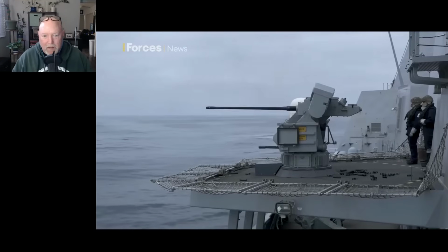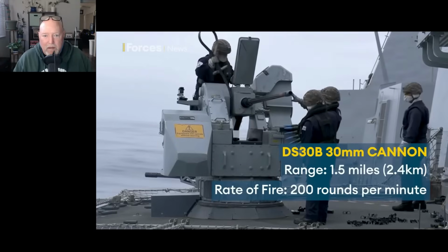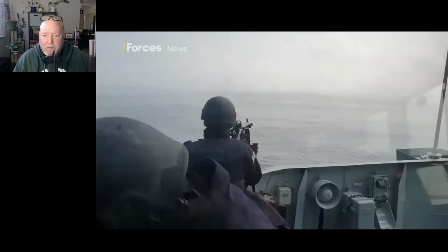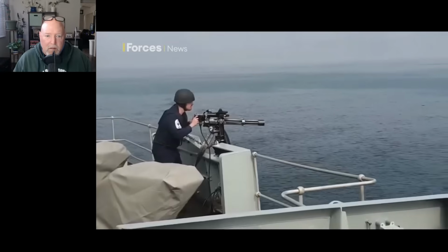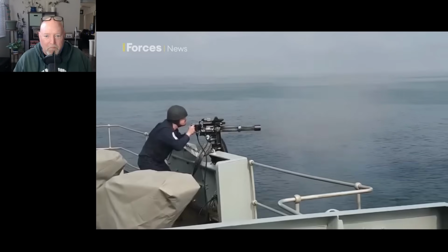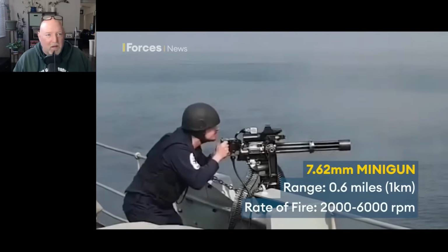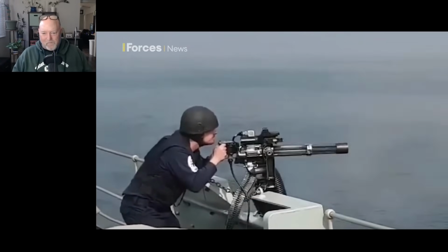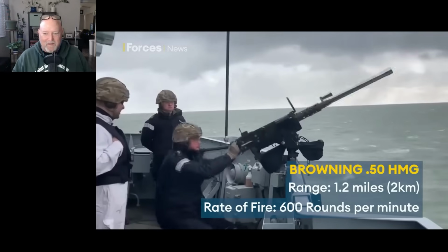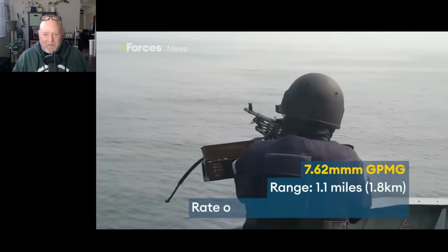Diamond also has two of the DS-30B rapid-fire 30mm Oerlikon cannons. They can pump out 200 rounds a minute with an effective anti-aircraft range of around 1.5 miles. There are also smaller caliber hand-fired weapons mounted on deck. She has between 2 and 4 of the 7.62mm miniguns. They feature a Gatling-style rotating barrel powered by an electric motor, which allows an extraordinary rate of fire between 2,000 and 6,000 rounds per minute at ranges up to 1,000 metres. All Royal Navy ships carry miniguns, but the system is scheduled to be replaced with this, the Browning .50 caliber heavy machine gun. And finally, there are up to 6 of the 7.62mm general purpose machine guns used for defence